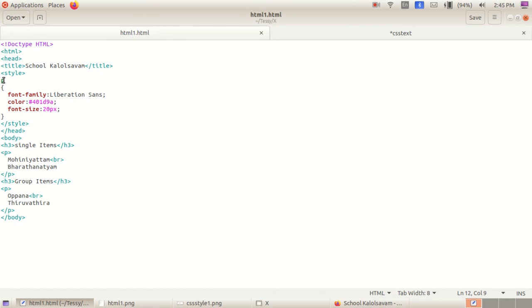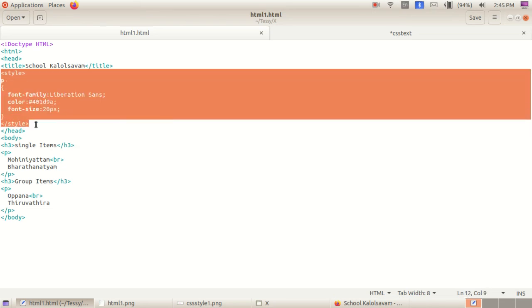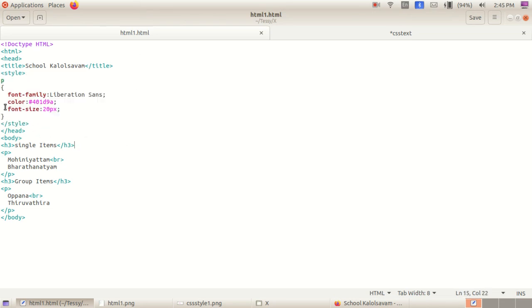All these are the content inside this style. Do you understand, children? This way you want to add the CSS styles in any HTML document. I think all of you understand up to this. Therefore, all of you want to read the chapter up to this, children.